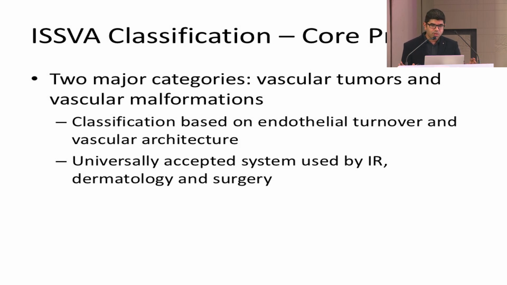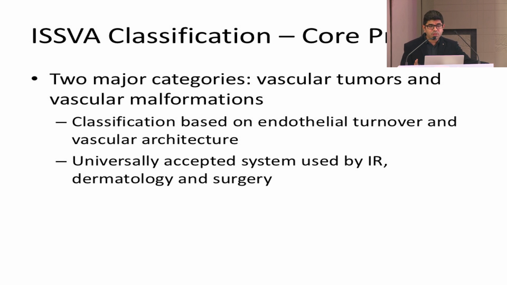vascular malformation. Now tumors, grossly, are either a hemangioma, which can be an infantile hemangioma, the most common entity, or a congenital hemangioma. Congenital hemangioma can be a rapidly involuting congenital hemangioma, a non-involuting congenital hemangioma, or a partially involuting congenital hemangioma. These are the very common entities that we come across. The second type of vascular tumors that come commonly are the angiomas, the tufted angiomas and the like.